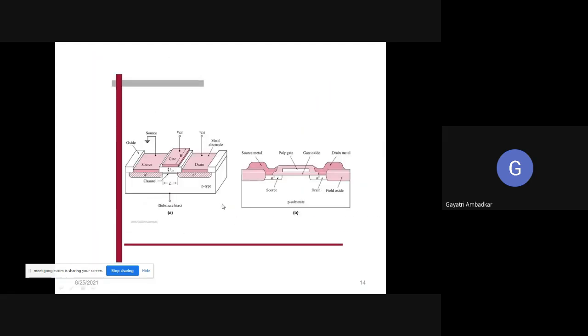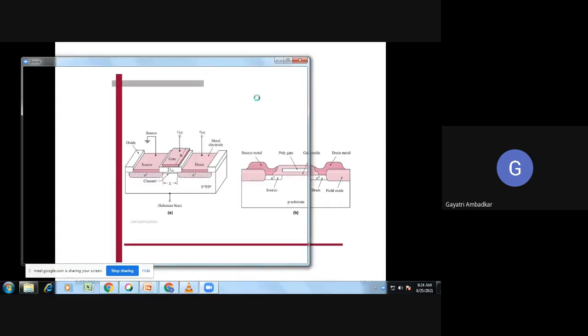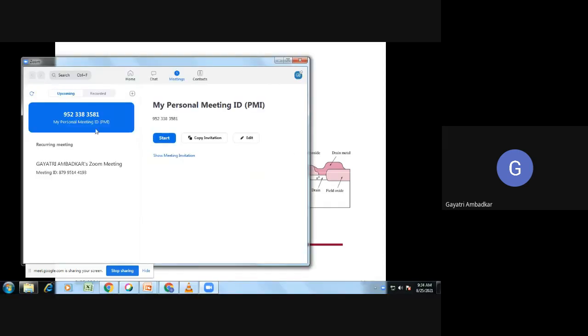So I have tried to show you here the three-dimensional diagram of how a MOSFET looks. Look at the cursor, this is an N region, this is another N region. In between these two, there is an empty space where our channel is about to be established. Now, the metallic contact which is taken